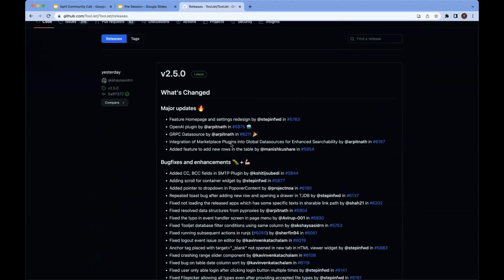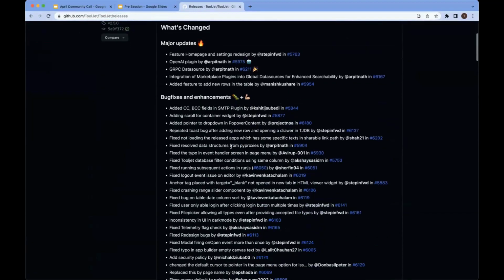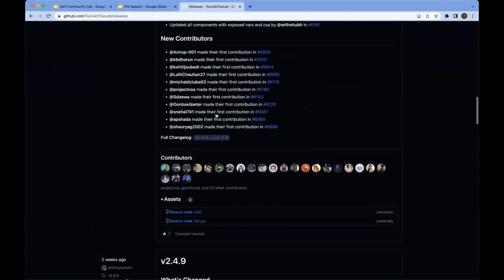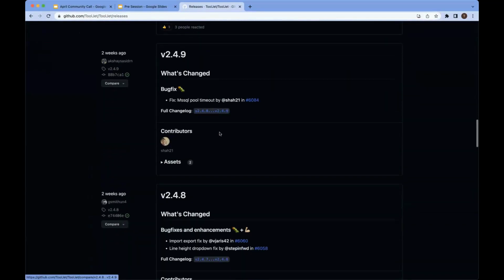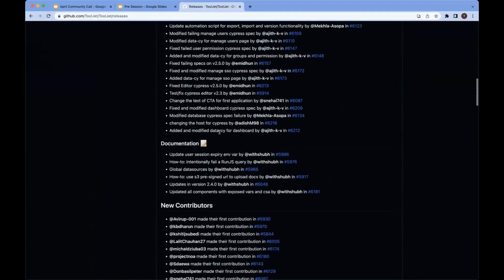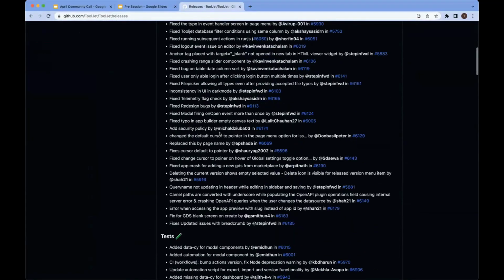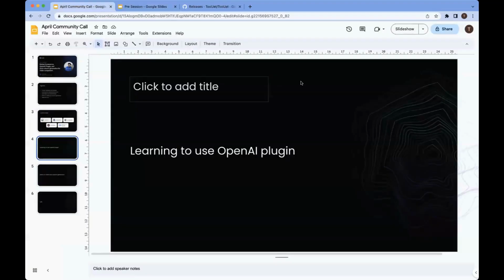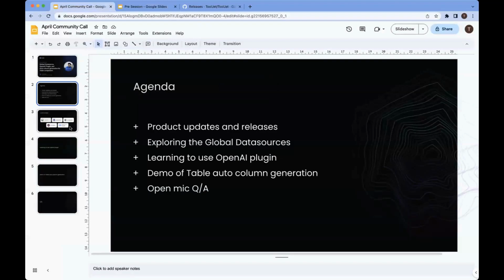So these are the major features that you have seen on the screen. But if you see the bugs and fixes, there are a lot more, and more will be coming. So these are the major features, the releases with specific descriptions that are added up here. So just sharing for you to also look forward to what is coming prior to the community calls as well. Okay, so pretty much about the updates part, but then let's jump on to